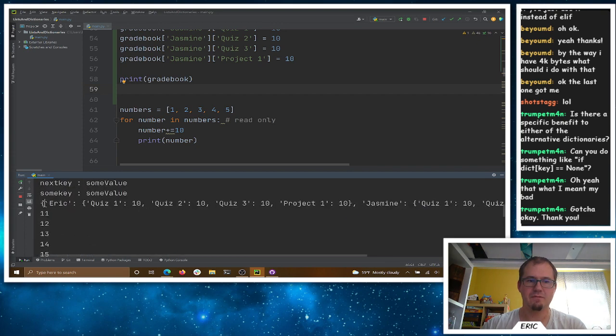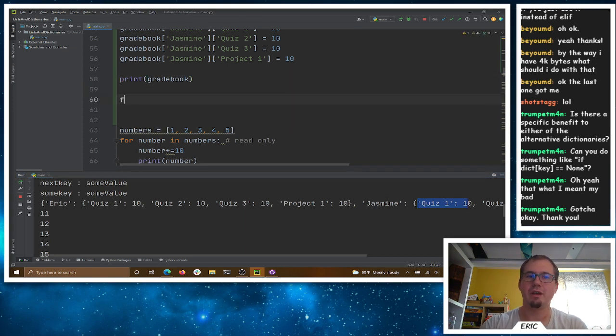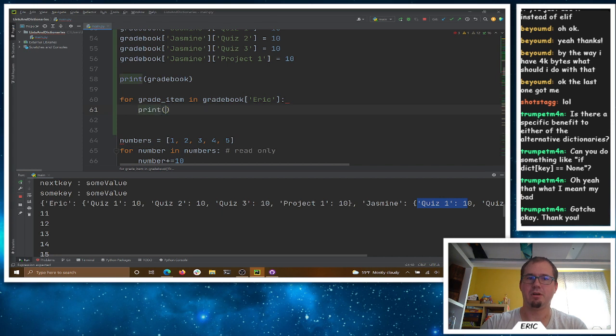We see here's the first item, right? That's Eric. The associated value is another dictionary here, this entire associated dictionary. Then here's the next key, and its associated value is another entire dictionary here. So if I wanted to just get my scores, right, I could say for, I don't know, what do we want to call this, like assignment, or grade item in my gradebook key of Eric, print the grade item, and a colon, and then the score would be gradebook, I'm sorry, the grade,